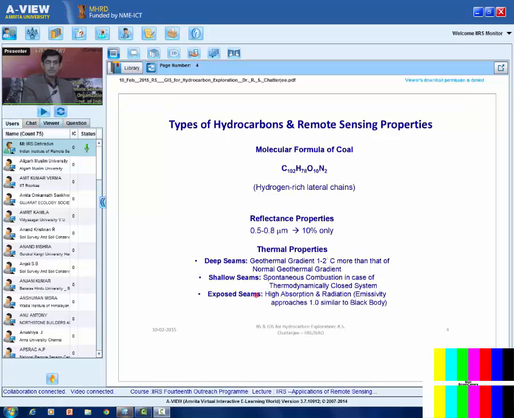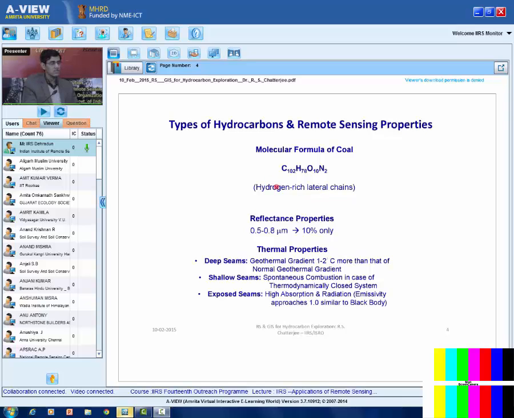And in case of exposed seams, what happens? Because it is black in color and very close to a black body in terms of emissivity, it absorbs a lot of the solar energy, and it also radiates a lot of energy because its emissivity is very close to 1, around 0.99 or so. So this is all about coal, but mostly we'll focus on petroleum and natural gases for remote sensing and GIS